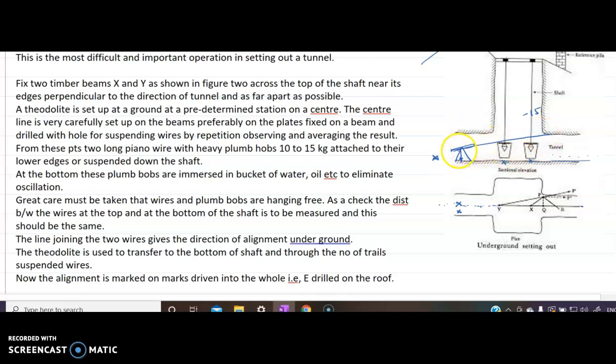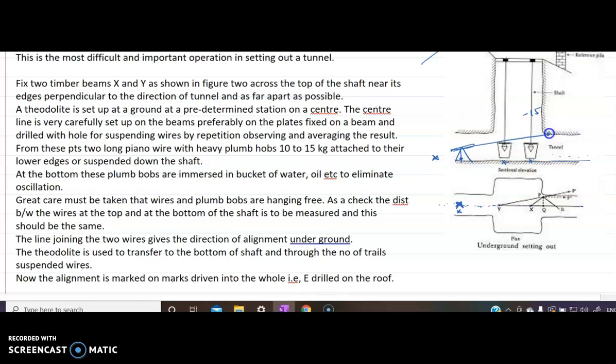You keep your instrument in such a way that it will be seeing only Y. It should not be able to see X. That is, it is exactly in line with X and Y. So your line of sight should just see point Y. That means once it is exactly bisecting X, then you will see which point on the ceiling it can see.